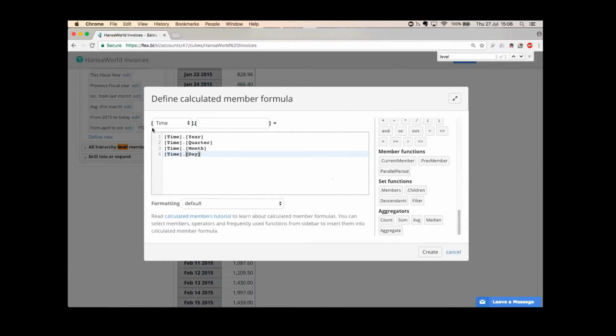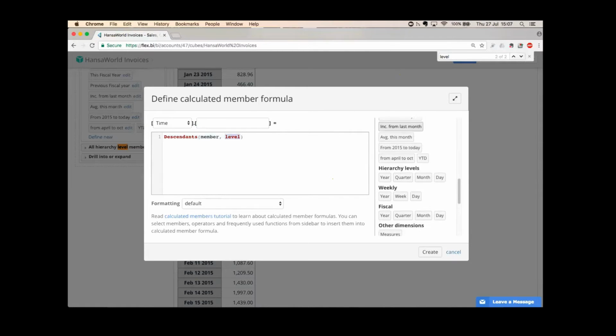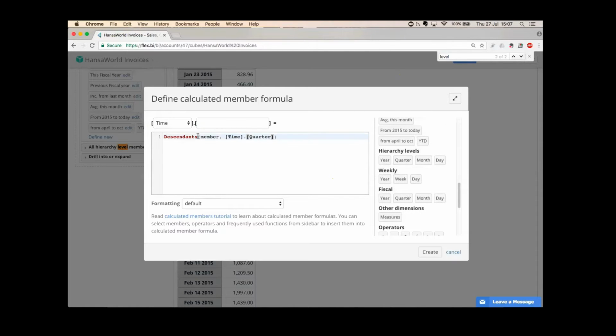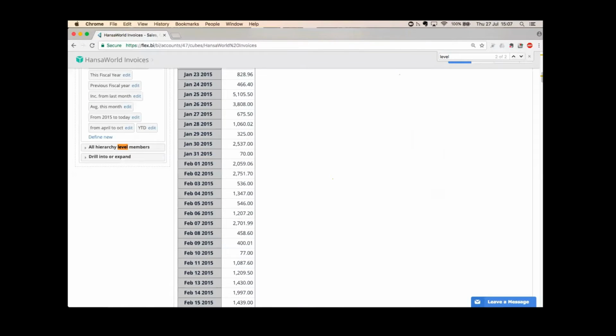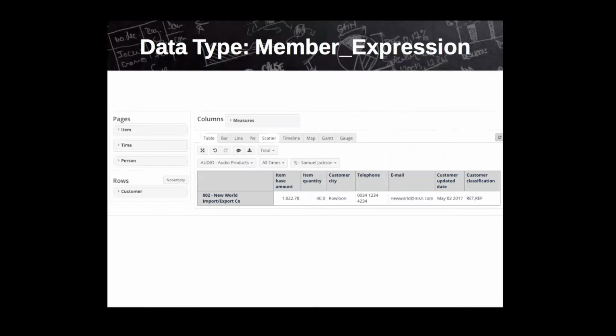And the hierarchy levels can be used in functions like descendants here. And as you can see, you need a level to define a level for this function. So you would have to pick one of these to make the function work. Then let's move on to some more specific and